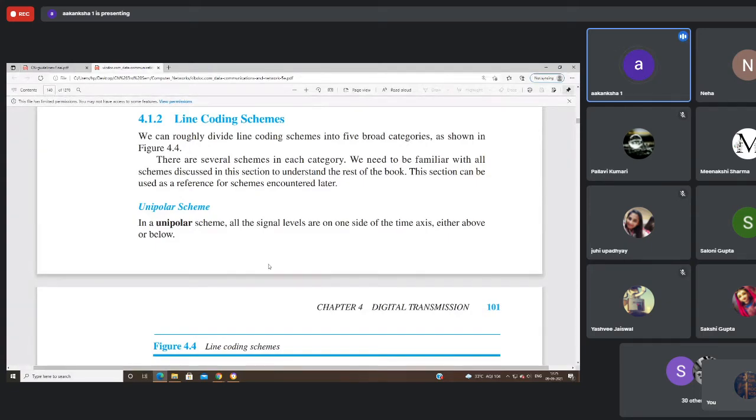So for synchronization between sender and receiver, I would like to tell you that we are discussing digital data to digital signals. We have to send the digital data which is stored on our laptops, computers or mobile phones in digital form, that is zeros and ones, bits, and transfer it through digital signaling to the other end. In network communication, we send digital data and the carrier is also digital. Then we have to use the line encoding schemes. So we are discussing the physical layer encoding schemes for transferring digital data over digital signals.